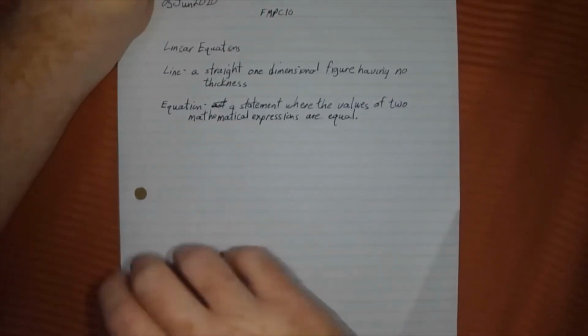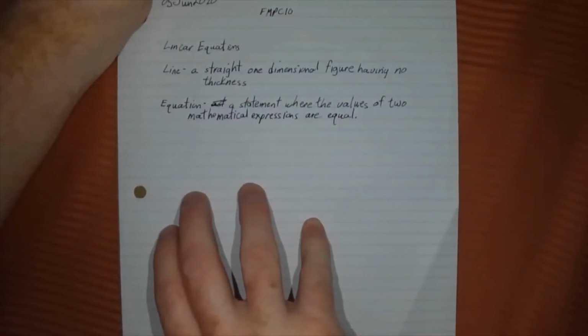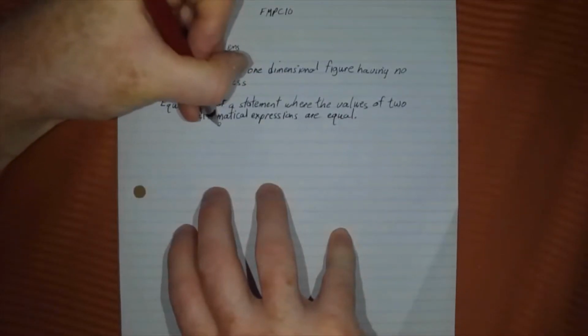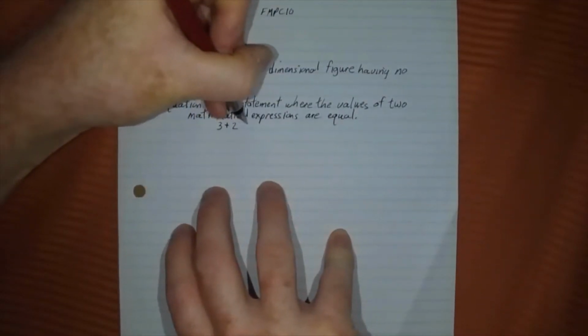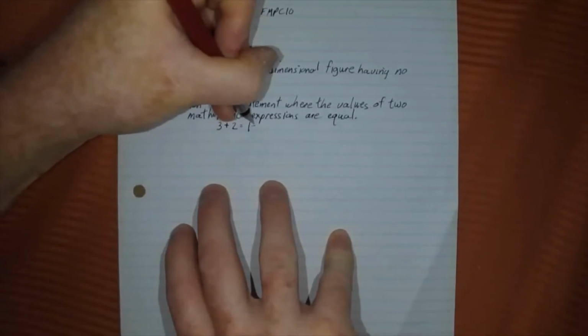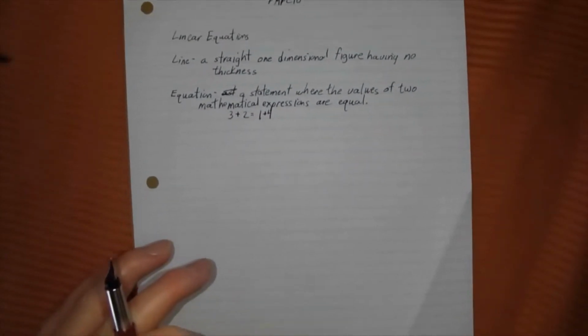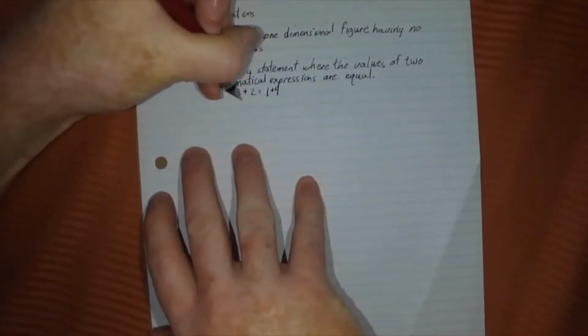So that could be something like 3 plus 2 equals 1 plus 4. Those are equal. And a lot of the times, though, we have something like